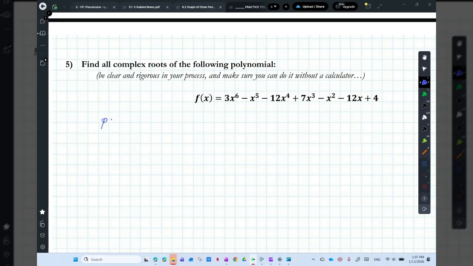I'm going to list the possible factors of 4. P refers to 4, so I will have 1, 2, and 4. And Q, referring to 3, I would have 1 and 3. So the possible rational zeros